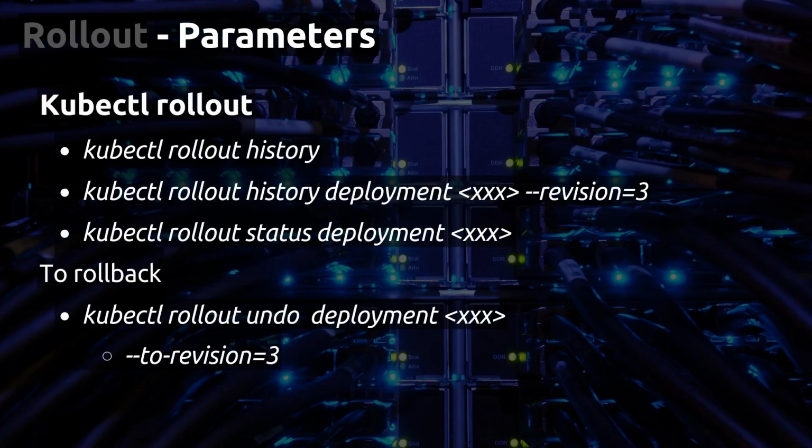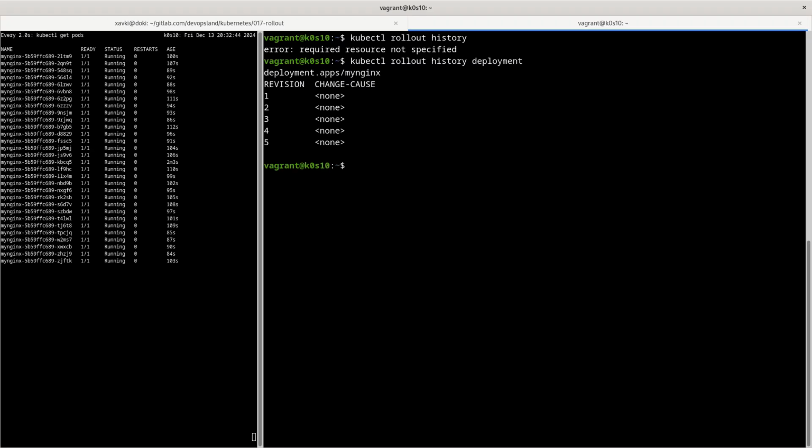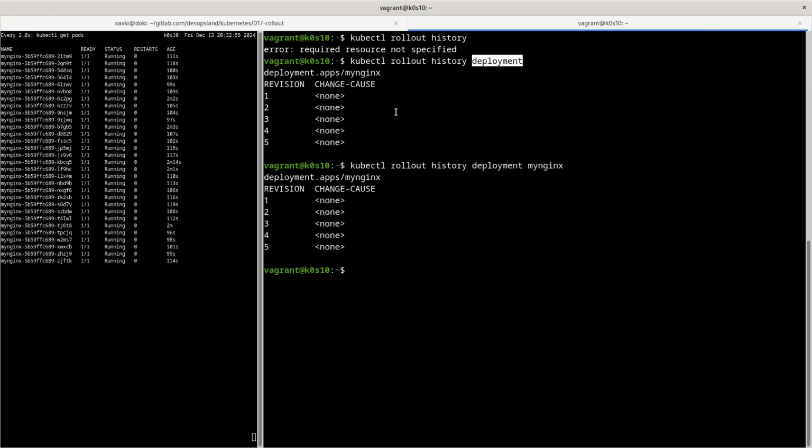And now what we can see, we can use, for example, kubectl rollout history. And for that, of course, we need to specify which resource we want to check. In this case, we can check, for example, deployment. In our case we have only one deployment, but you can add the name of this deployment, and you can see here the number of each revision we pushed into the cluster: the 1, the 2, the 3, the 4,